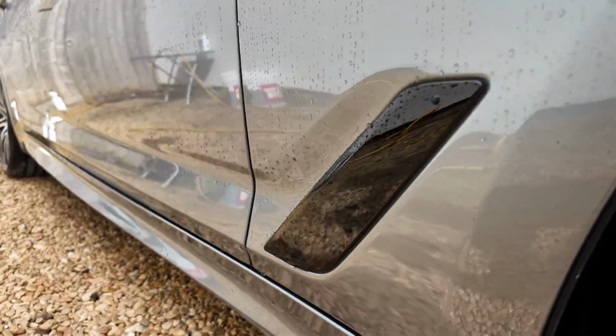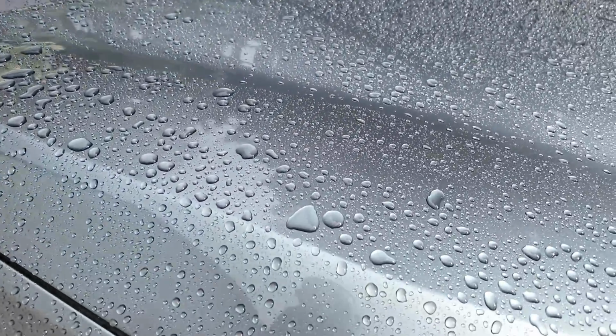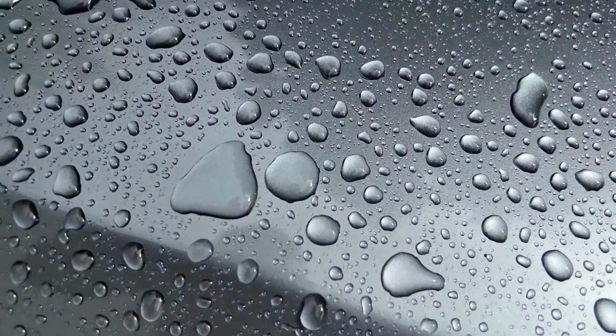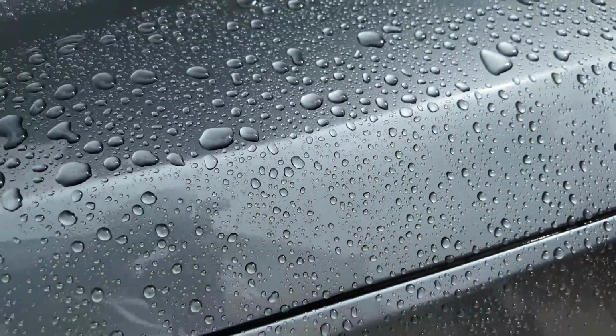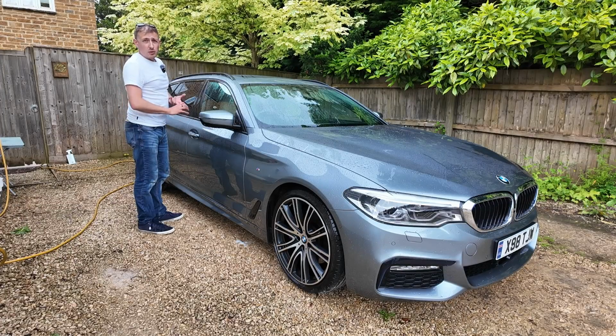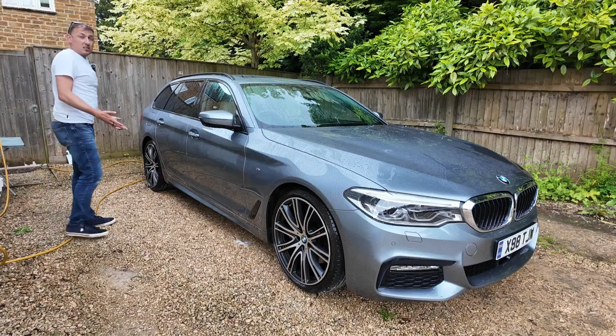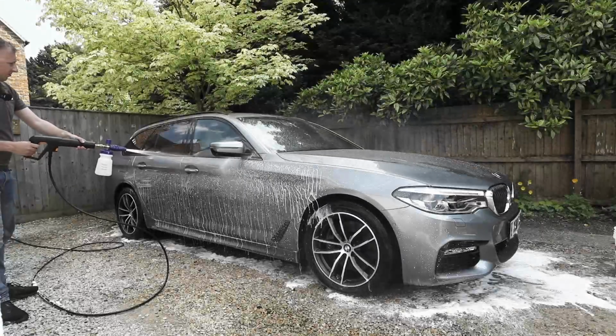its toll. So in answer to your question, how long does Polar Seal last? I put this on 2 weeks ago. The top is still beading lovely, the side of it less so, but then I've done about 1,000 miles on it. So really it comes down to how often you're using the car and the weather conditions of it. But overall, that's not bad considering how long it takes you to put Polar Seal on the car, which is